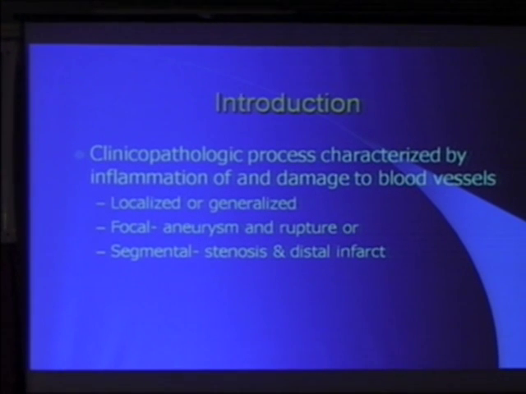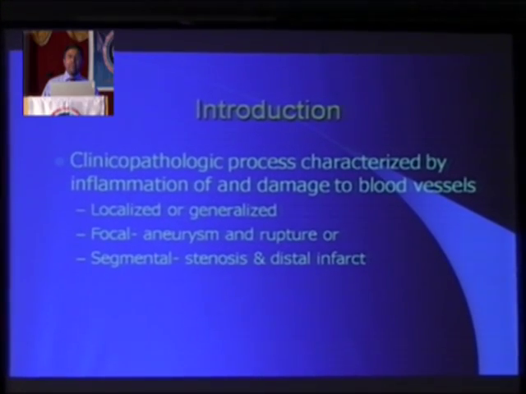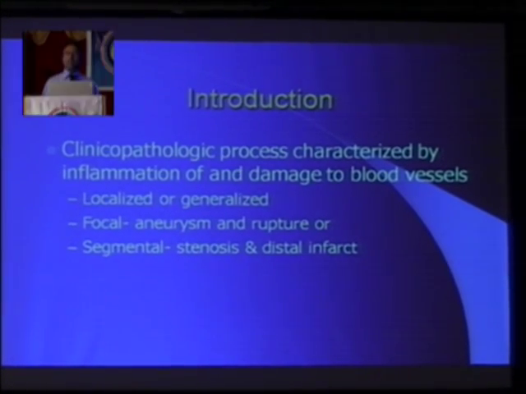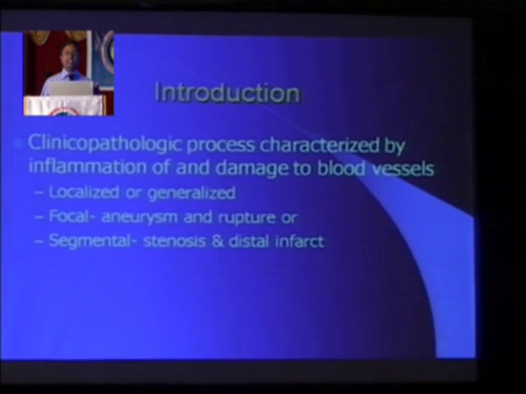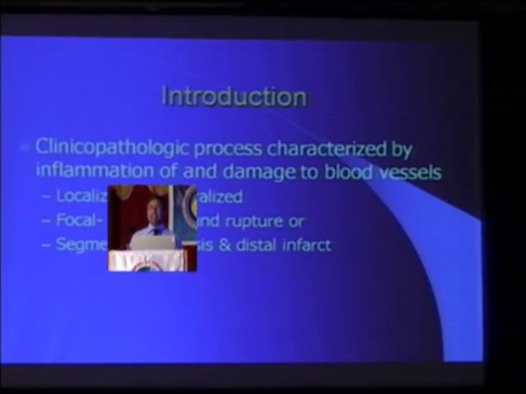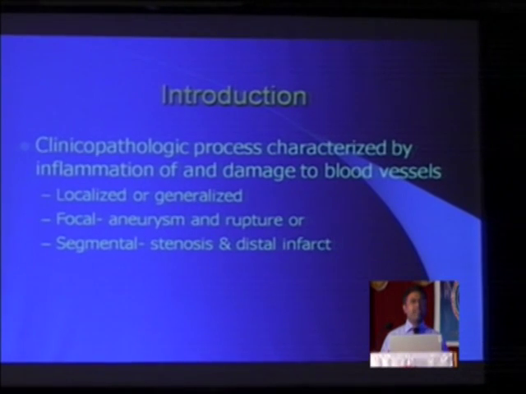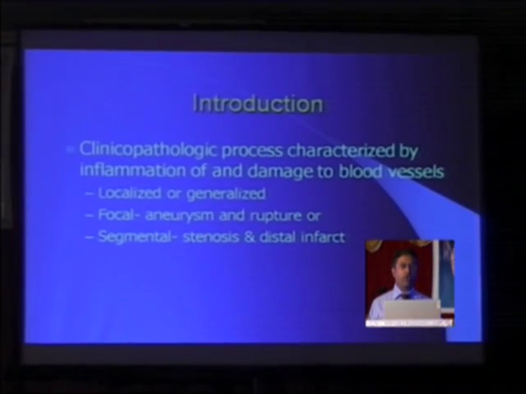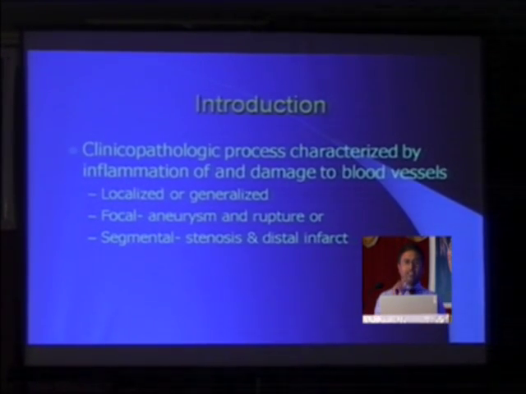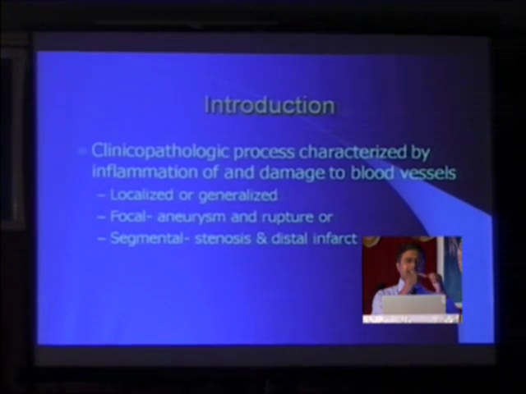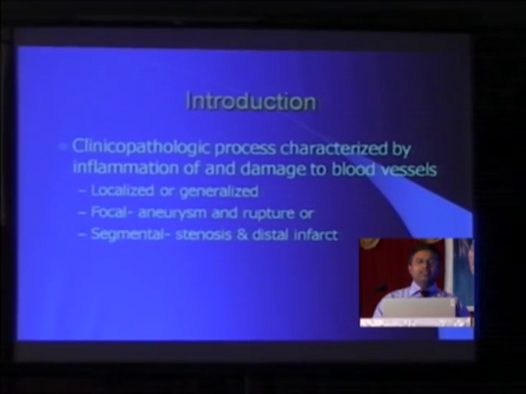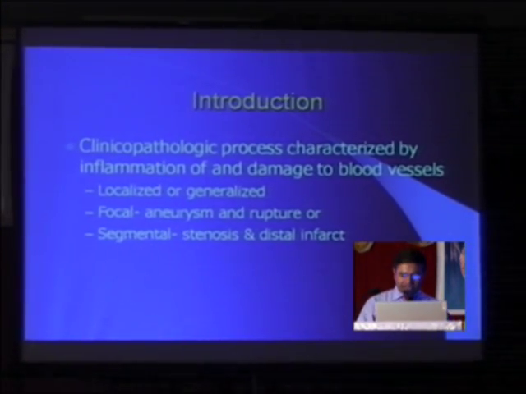So vasculitis, as you are aware, is inflammation of blood vessels. Now blood vessels, the aorta is also a blood vessel, and so are small capillaries. Blood vessels are there in every part of your body, right from your brain to your foot. So exactly like that, vasculitis also lands up affecting any part of your body. That's why they are so protean. The affection can be either localized or generalized, and when it is focal, if just the wall gets damaged, there can be aneurysm or it can get ruptured. A segment can get damaged, and depending upon the various ways it gets damaged,